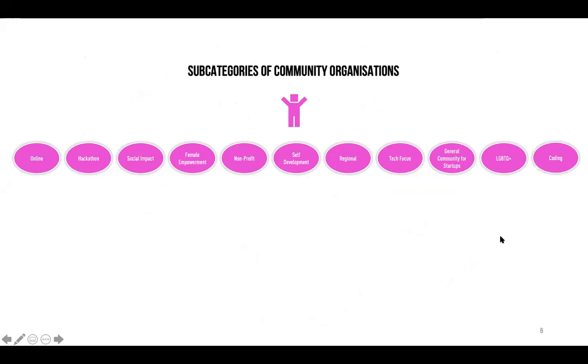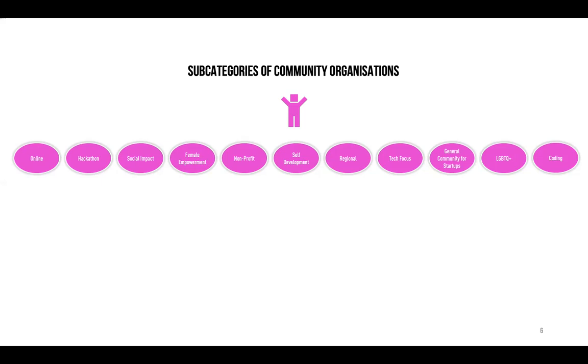In general, startup community organizations are covering one of these. I'm not sure if this is 9 or 10 subcategories. It can be an online community organization that is only focusing on this. It can focus on hackathons, like a startup salad. I will show in a bit a couple of examples. It can have only a social impact, so that you will focus on, for example, the homeless, and you give them a chance to start their own business. This could be some social impact area. It could be on female empowerment, so that you're trying to help with diversity, that you will help women in leadership, things like this. Nonprofit is usually something that most of the community organizations are,